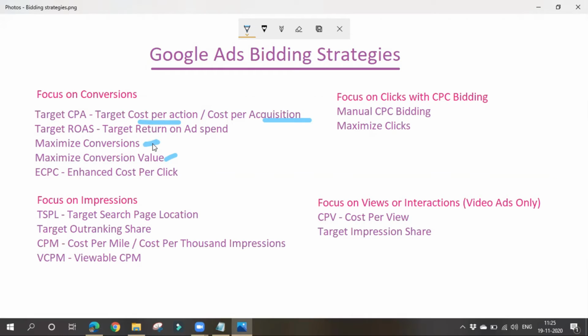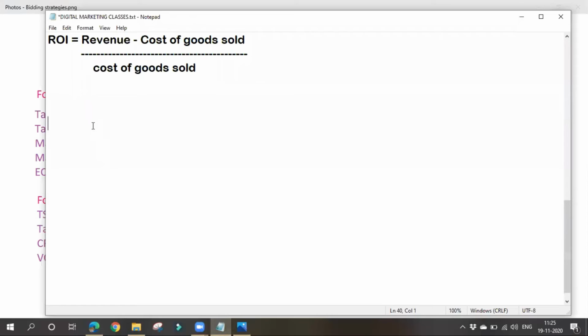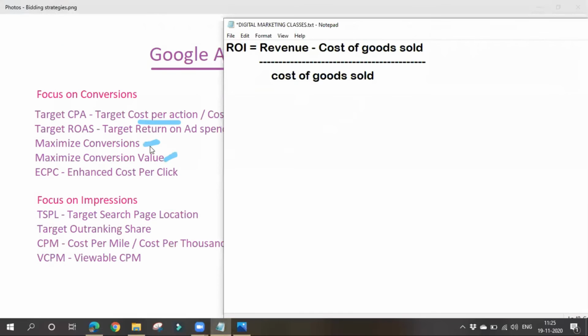Understood. So here it is an automated bidding strategy. Here Google tries to get maximum conversions done. Right, what is maximize conversion value? In case of maximize conversion value, we try to increase the conversion value. Let me give an example. In case of maximize conversions, Google tries to get maximum conversions done, means they have to buy more and more products. Like that, Google will try.